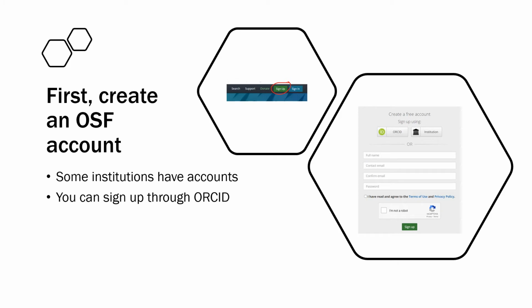Your first step in using the OSF is to create an OSF account. You can do this by going to osf.io, clicking on Sign Up, and then entering your information under Create a Free Account. Some institutions have partnerships with OSF, and you can sign on that way, or you can also connect OSF to your ORCID ID. If you're not sure what those things are, you can also just create a free account with your name and email address. Don't forget to read the Terms of Use and Privacy Policy and tell the OSF you're not a